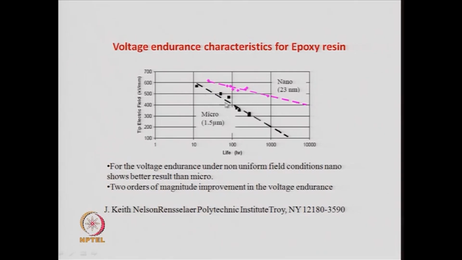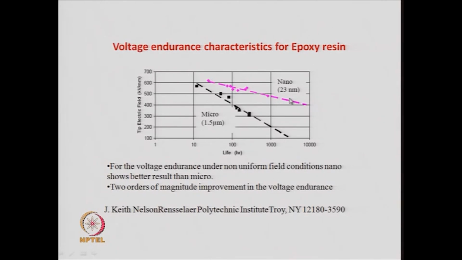So, this black line shows the decrease in the electric field strength for the epoxy resin when you have micron sized particles embedded in this polymer. When you have micron sized particles embedded in this epoxy resin, and the micron sized particles are of the size of 1.5 micron, then you have this trend,